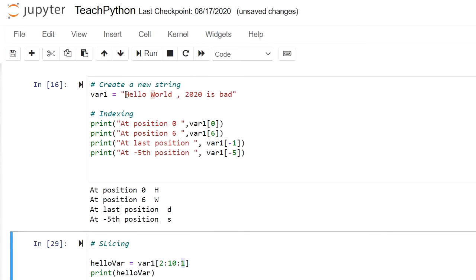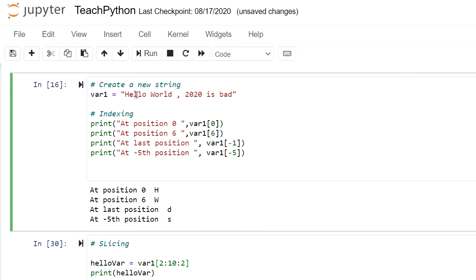If I want to skip one character, like this is 1, if I want to skip 2 characters, then you can see LOWR. So how do we get this output? Let's see. We started from 2, which is L, so first will be L. After that we step up 2: first, second. So now O will be printed, then 1, second, W will be printed, then 1, second. You can see, this is how it goes.